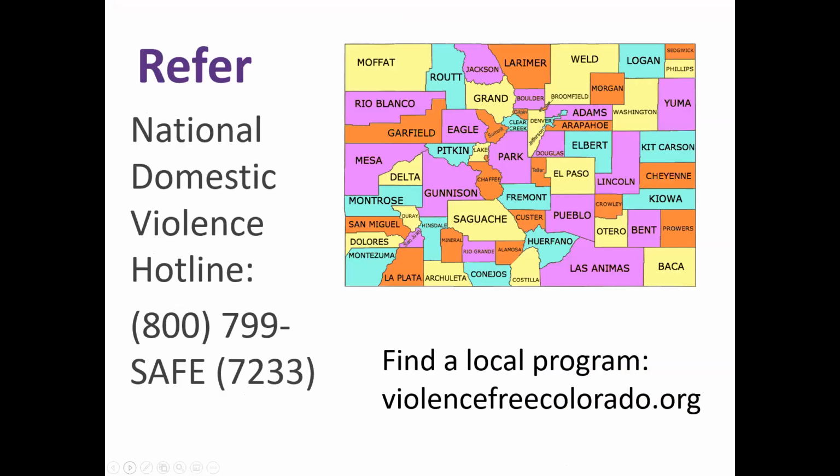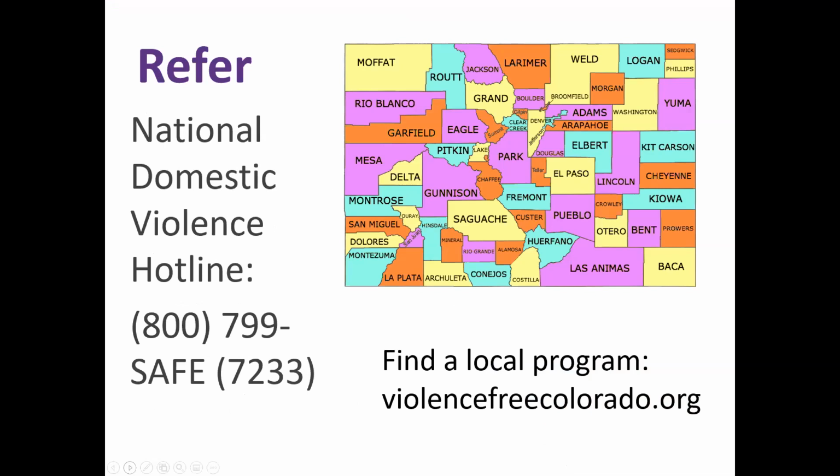So here are the two best referral points that I can give you. The first is the National Domestic Violence Hotline. This hotline is answered 24/7, available nationally, but they can connect directly to any program in the state of Colorado. So it's not like the person calls and has to get another phone number and call another person.